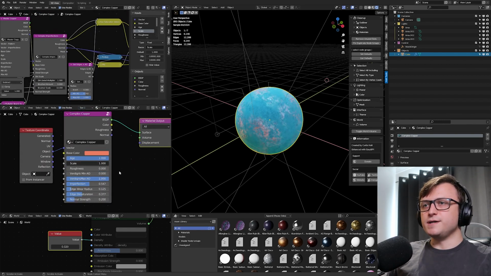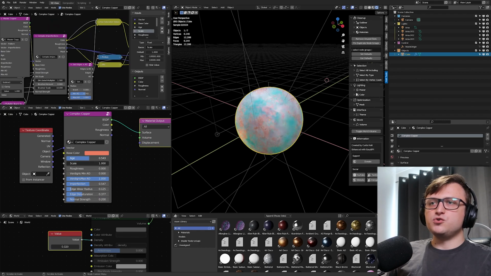Sometimes when you're making materials, you're adjusting the values on your node groups to try and get the perfect